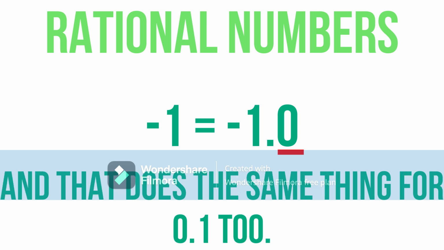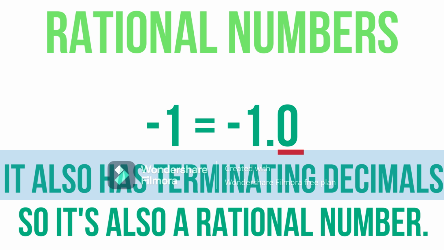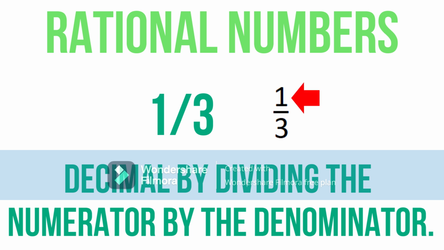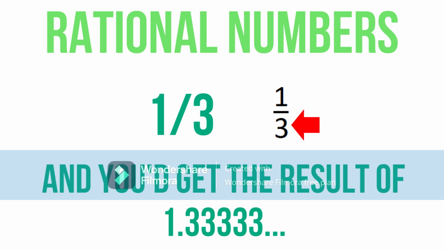rational number. And the same goes for 0.12. It also has terminating decimals, so it's also a rational number. And for the fourth number, which is 1/3, you can turn 1/3 into a decimal by dividing the top number by the bottom number. And then you would get the result of